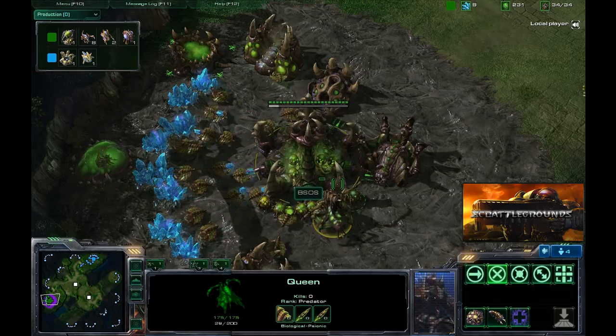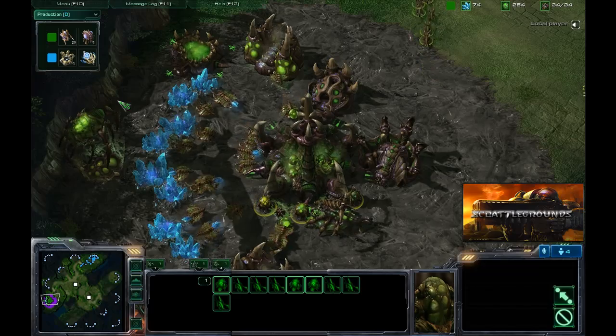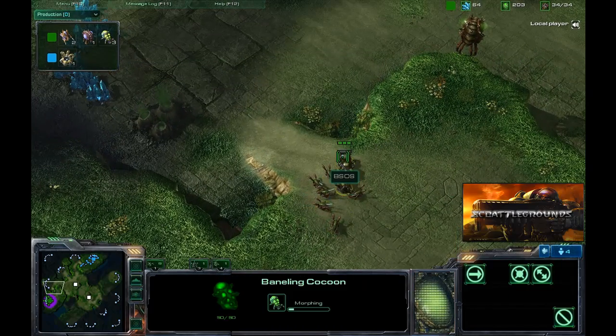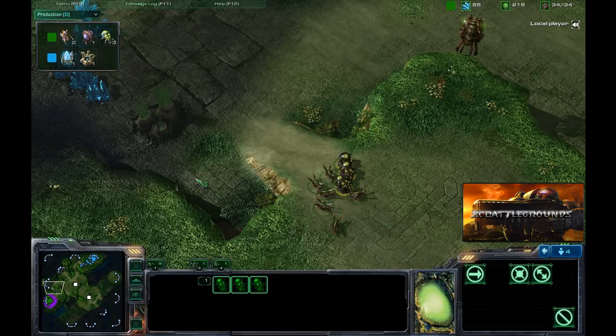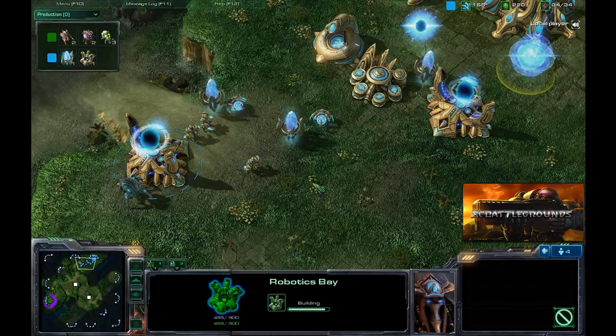And it looks like the Queen continuing to throw the extra larva down on the lair here, so that he can continue to mass produce these Zerglings. And it looks like we are going to see a few Banelings coming up on the map, and a Robotics Bay coming up for the Protoss player right now, Cloud. So it looks like we are going to see some